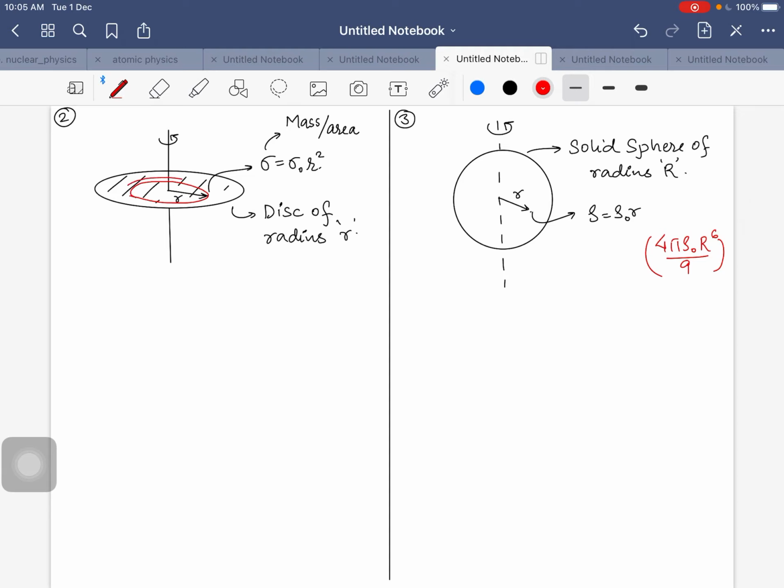देखो, this is the ring if I consider. Okay. So if I make the same ring here, so what will happen? Suppose this is the ring that I took there. So what we can say? This is the axis. Now we need to actually calculate the mass of this ring. What is the mass of this ring?